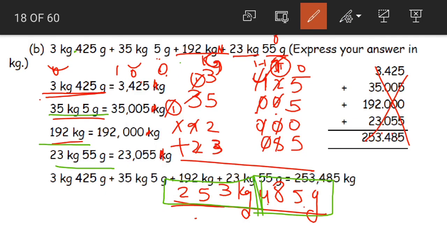Or else, just now as we have discussed here, we have simply written it into kilograms and grams according to their place values. Remember, writing them in the correct place values is very important, children. If you do not write it that way, then your answer will go wrong. So this is what you have to keep in mind. First, proper conversion of all units of measurement and then writing them in proper place values.